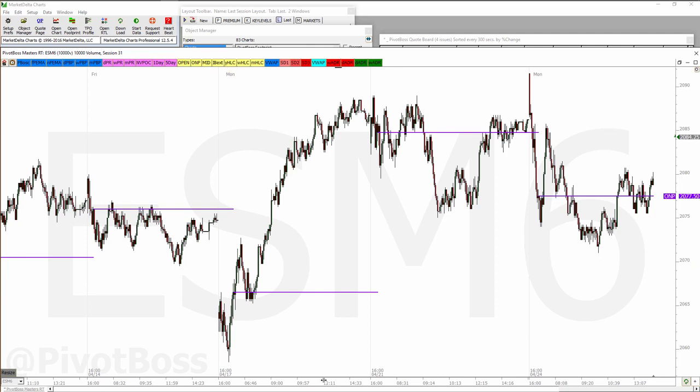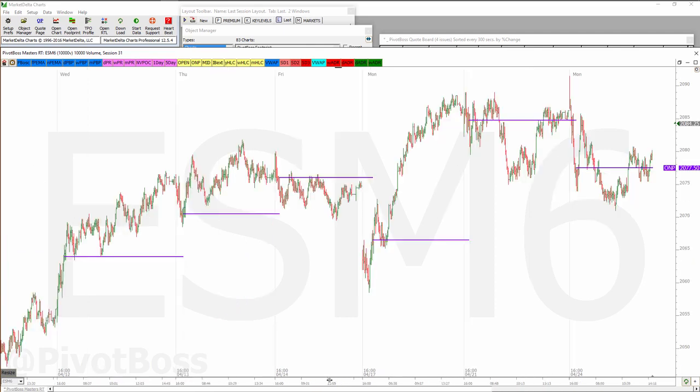So here's the overnight pivot in the ES. Unlike VWAP, unlike the midpoint, this one does not dynamically update throughout the day. What's the 3 a.m. open? Put a line there until the next 3 a.m. open. Here's a 3 a.m. open. Put a line there until the next 3 a.m. open. Here's one, right?